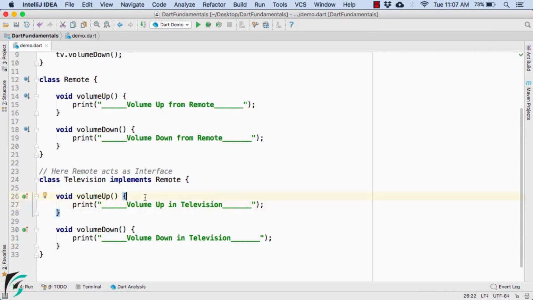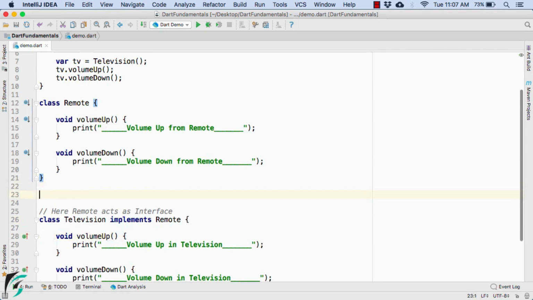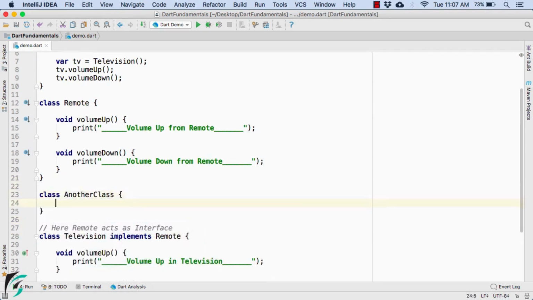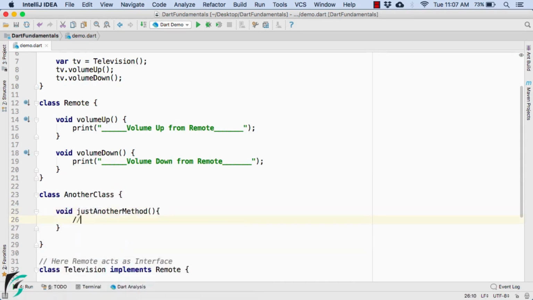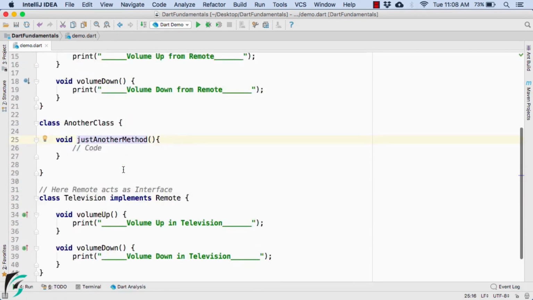Perfect. And also, suppose we have another class, let us call it another class. And within this, suppose we have just another method with some code. And suppose you try to implement remote as well as another class. In that case, it is allowed in case of interface.